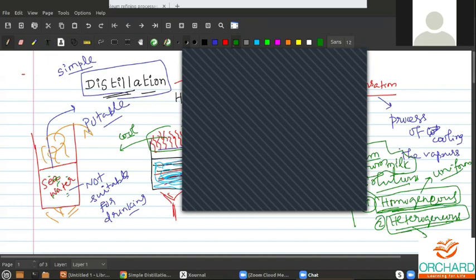So the only thing you can separate from milk is the fat which is dissolved in water. Milk contains fat, water, and other nutrients. Using the centrifugation technique, you can separate the cream, and that cream is used to make butter, ghee, etc. Using some fermentation techniques, you can prepare curd, and then you can get some butter.